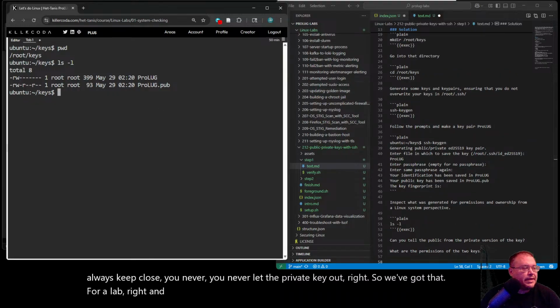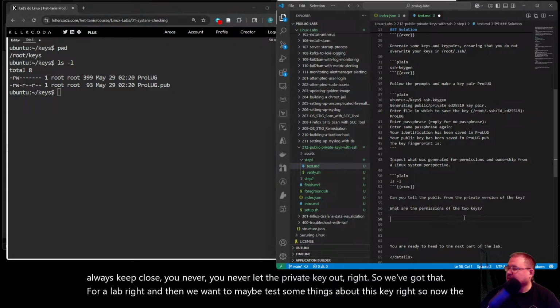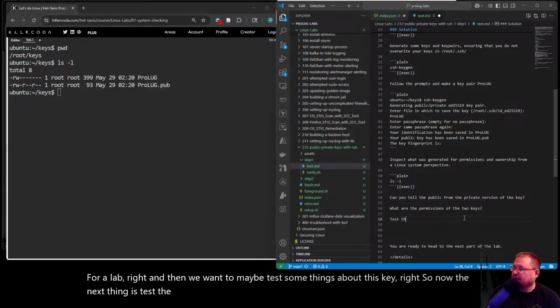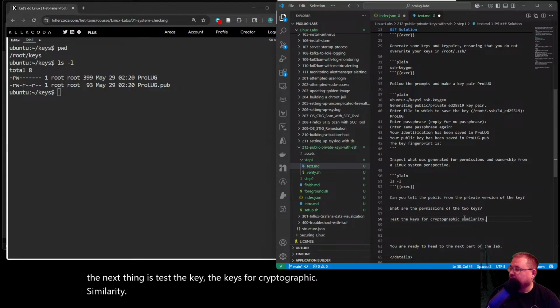And then we want to test some things about this key. So the next thing is to test the keys for cryptographic similarity, and that's going to be this command here.